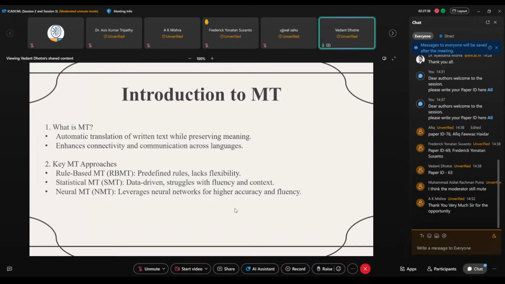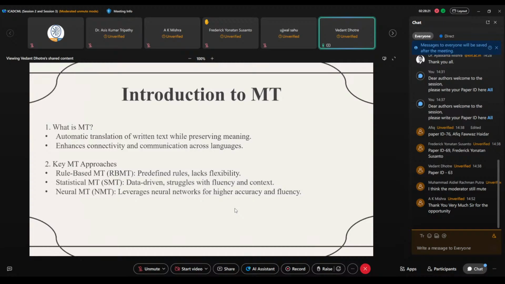So what is machine translation? It is the automatic translation of any written text while trying to preserve its meaning, and it enhances connectivity and communication across languages. There are three main machine translation approaches: rule-based machine translation, which has some predefined rules and hence lacks flexibility; statistical machine translation, which is highly data-driven and also struggles with context; and finally, neural machine translation, which is the basis for our study in this paper, which leverages neural networks